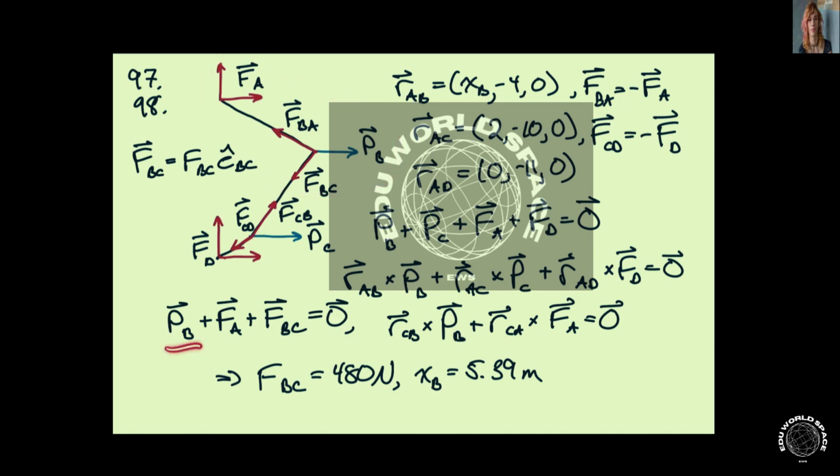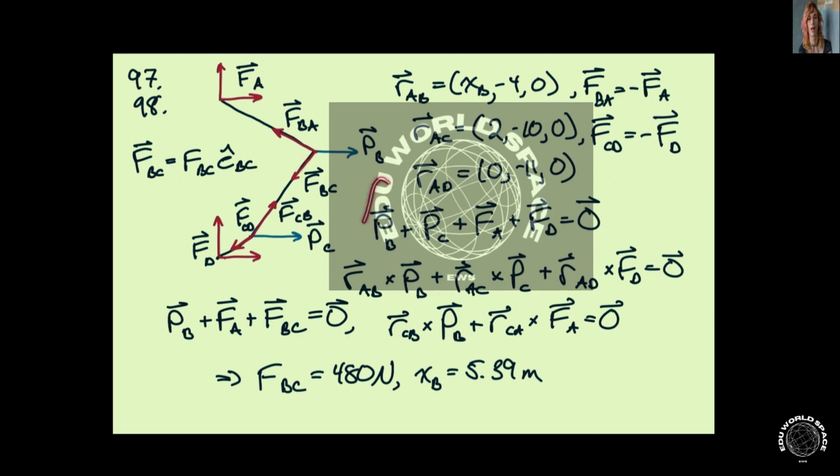So we get PB plus FA plus FBC, the tension in this cable. And then if we take moments about C, we get RCB cross PB plus RCA cross FA, and we can find these vectors because we know these vectors. This will give us enough equations to figure out more than just what we were asked for. Now we know FBC is in the direction from B to C, and it has a magnitude, and so when we